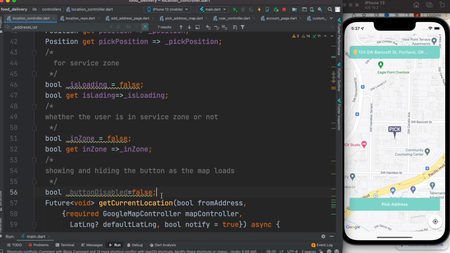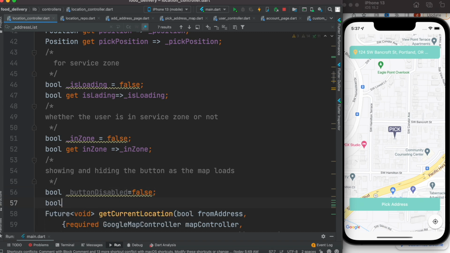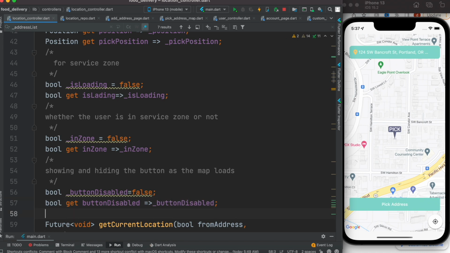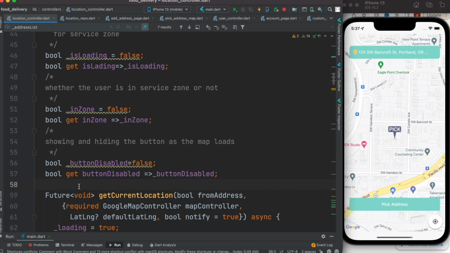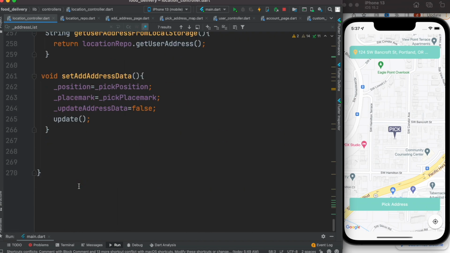Okay, and here the same thing, bool get button disabled. Well, for now we need these three booleans to work with our new method. All right, so here we'll go at the bottom and create a method, and the method name